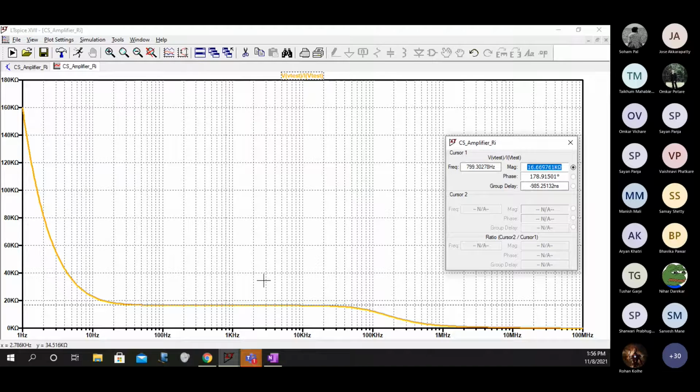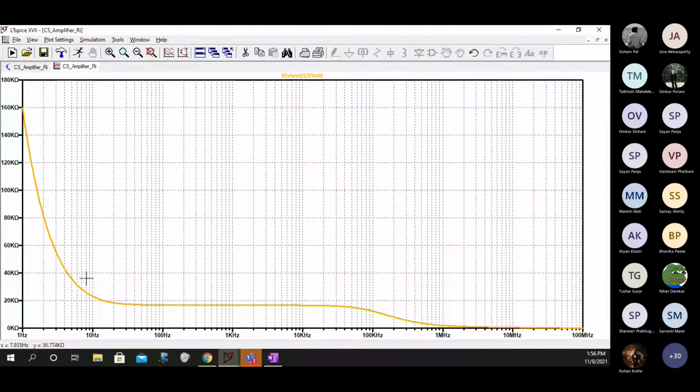So now we were under the impression till date that my Ri, my input impedance, does not change with frequency. That is a myth, because when the frequency is very low, Ri is very high. Only in the midband range is the resistance constant, and at high frequency the input resistance changes, and even at low frequency the input resistance is going to change.